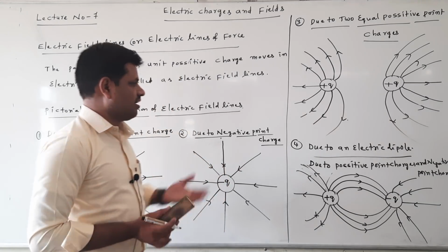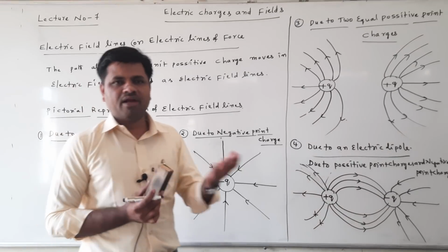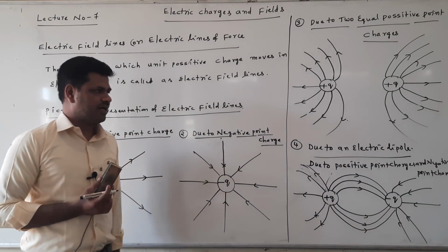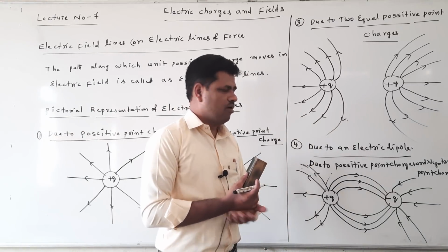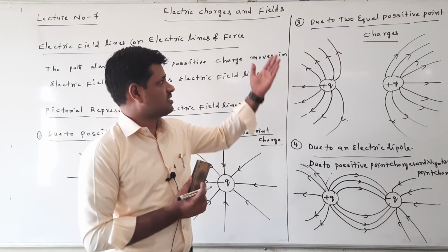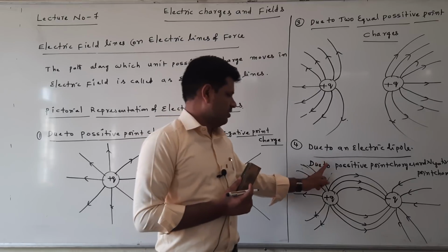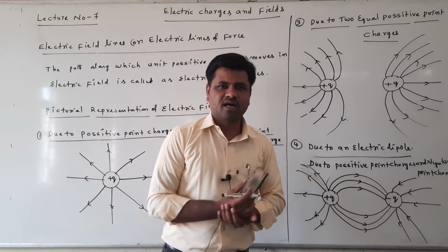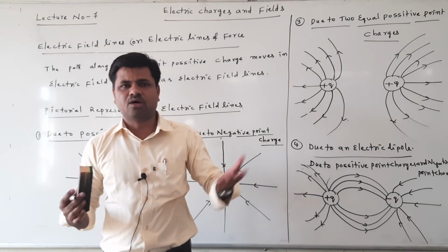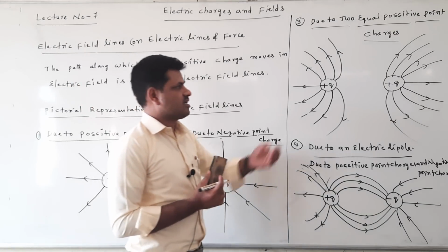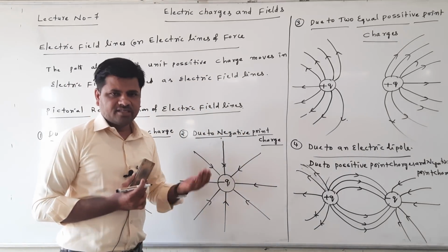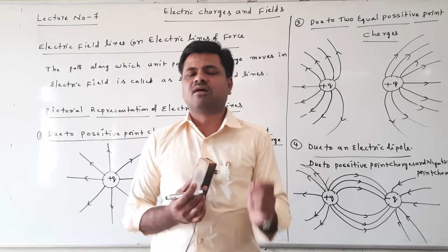This is a different type of electric field lines due to different configurations. Configuration means different. We have taken one positive charge and another negative charge. Two similar charges are taken here. Here one is a positive charge, another one is a negative charge. These are called like charges, these are the unlike charges. Due to unlike charges how to draw the electric field lines, and due to like charges how to draw the electric field lines, we discussed here. Right, this is the general introduction about electric field lines or electric lines of force.